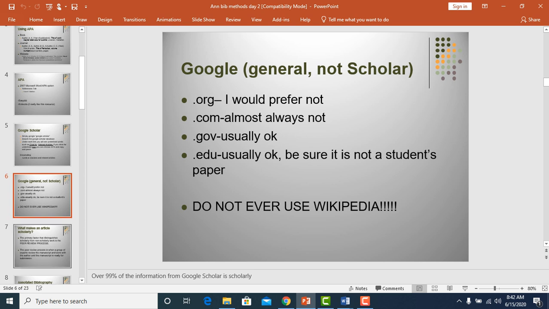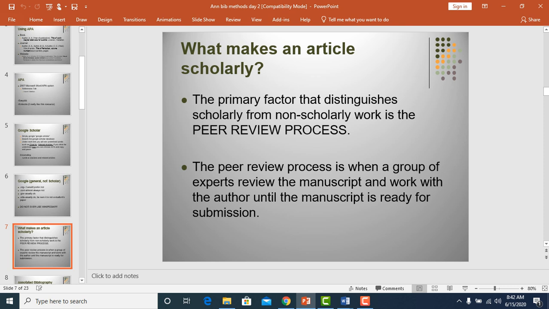What makes an article scholarly? The peer review process. So what happens is someone would write a manuscript that would often take a long time, and then they would send this to a journal, and there would be experts in that particular area that would review this. They would then respond back to the author, and there would likely be a back and forth process, making revisions, making sure it's absolutely perfect